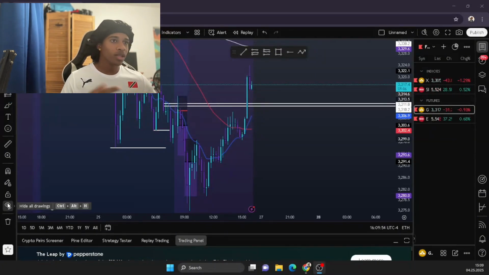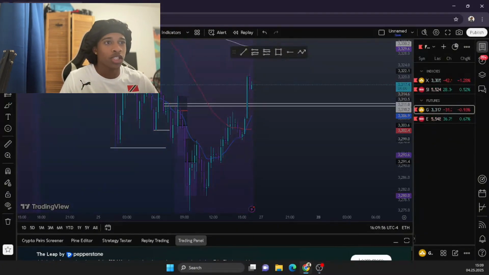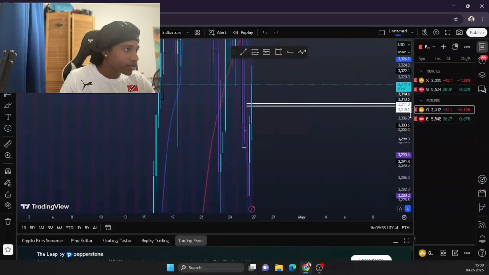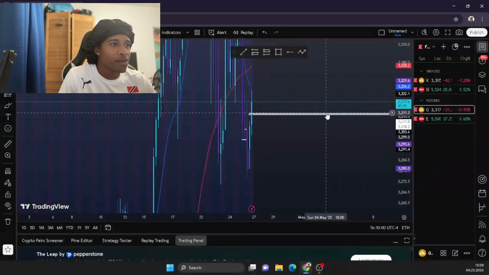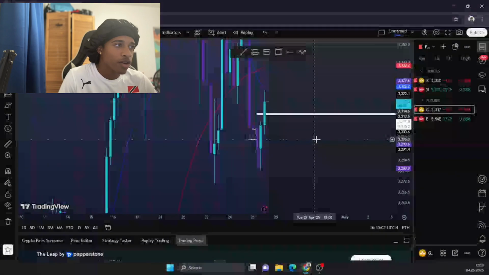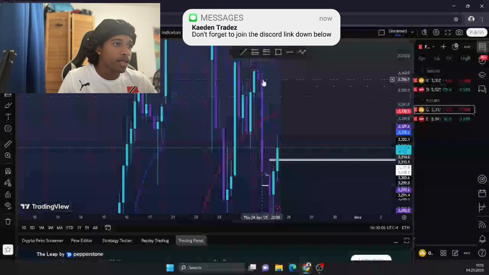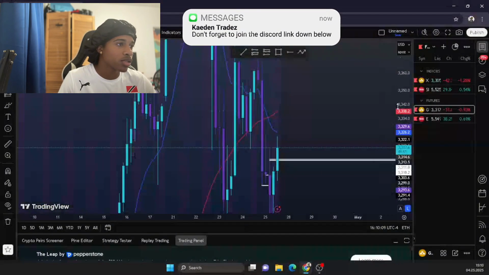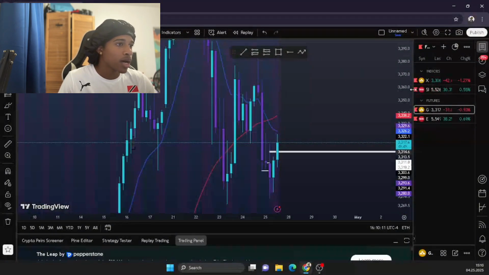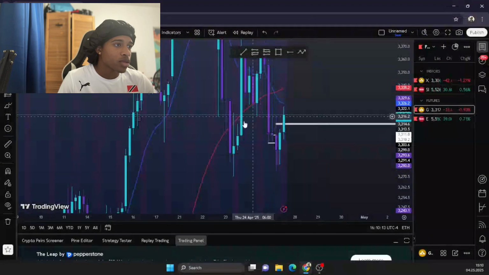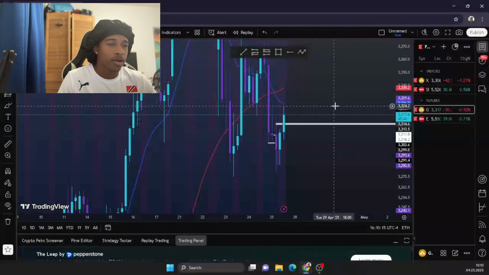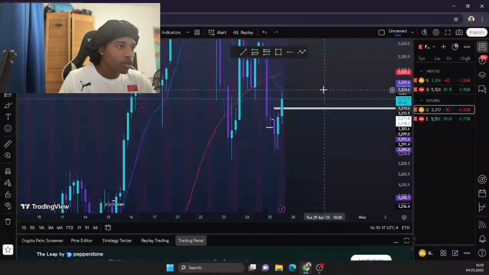So let's just jump over into the 4-hour chart. I'm basically just going to do my analysis with you guys. Over on the 4-hour chart on gold, you guys can tell we had a major drop. What day was this? Thursday, which was yesterday. We had major drops here, breaking this wick right here, these lows, right?